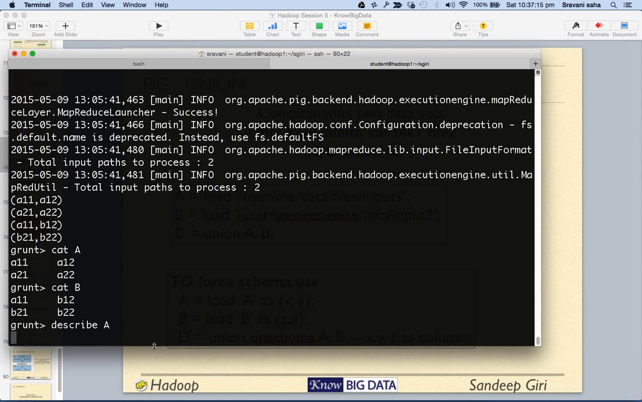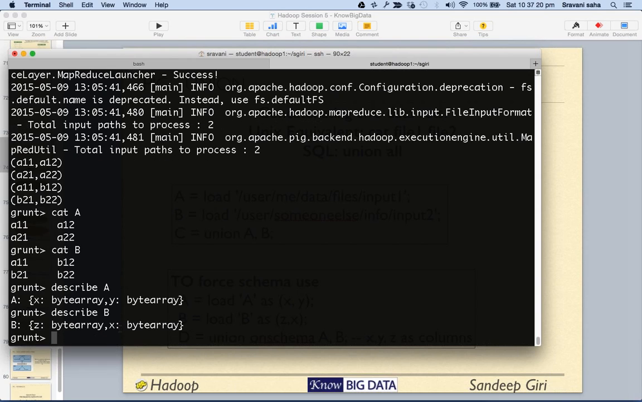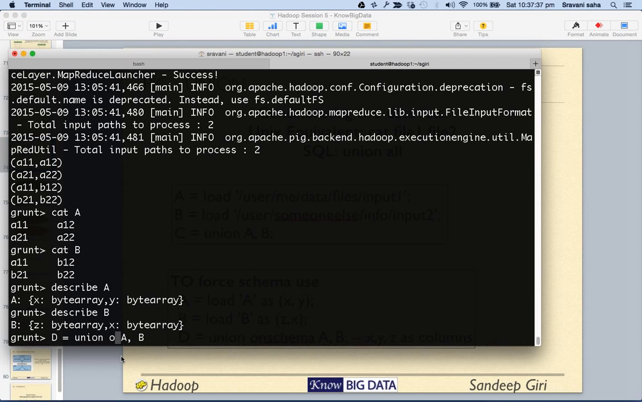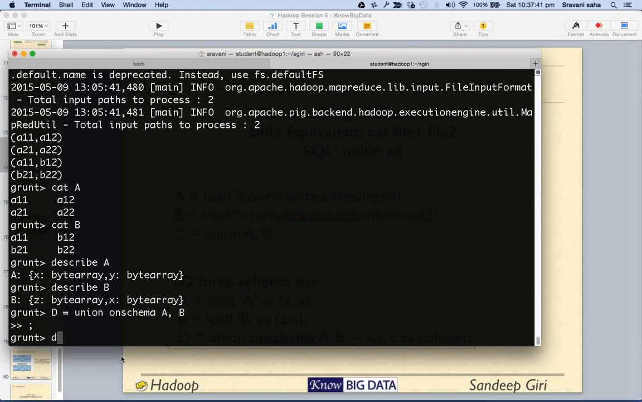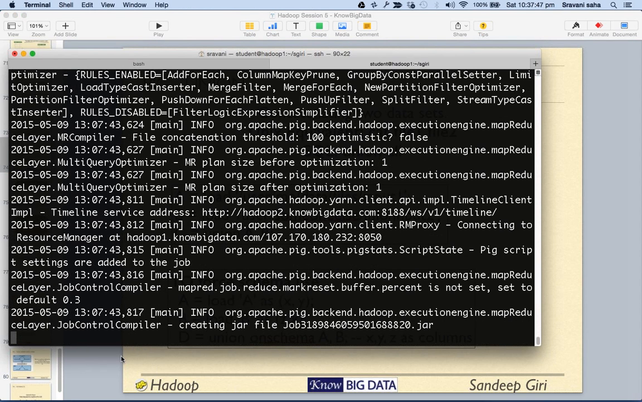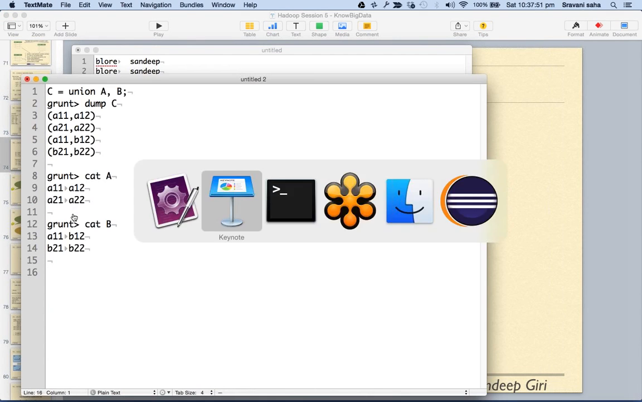Describe A. A has two columns, x and y. And describe B. B has column z and an x. Now we say D equals union A comma B, and we say on schema. Okay, and say dump D. What would happen? It will try to match the schema, meaning it will try to put all the columns which